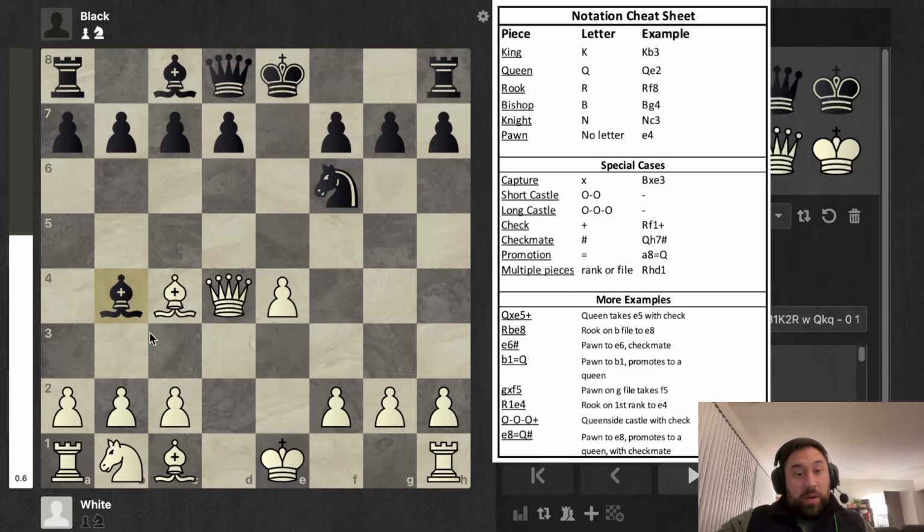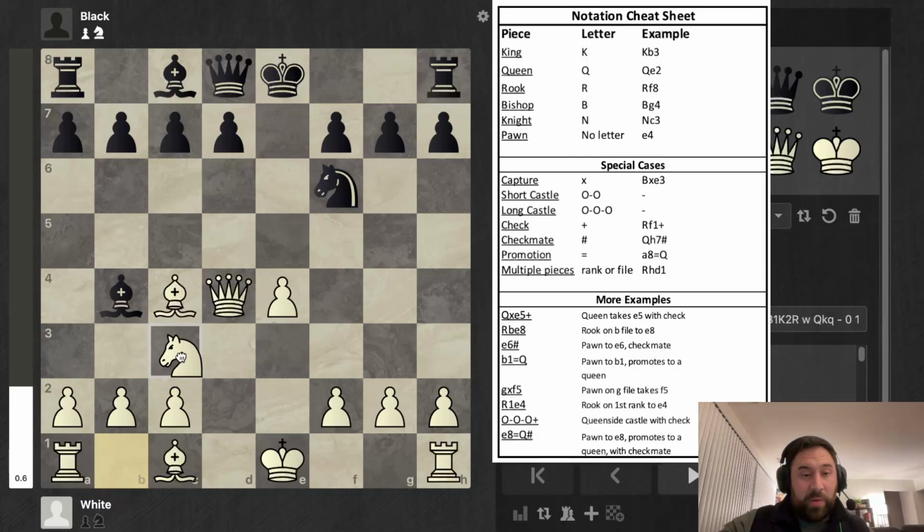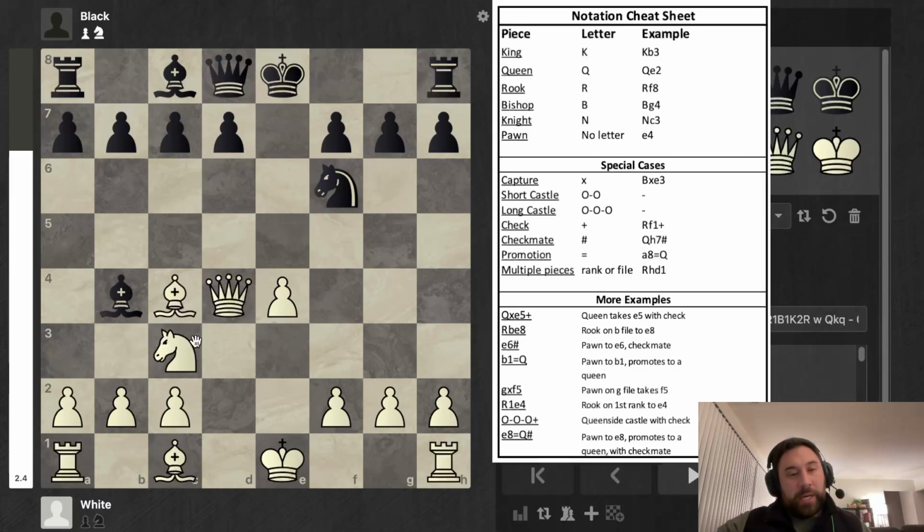So from here, white now has to do something to respond to that check. So let's say they, that was not right. The bishop is there. Let's say they respond with the knight. And then we get knight c3. Okay. Perfect. Now, black